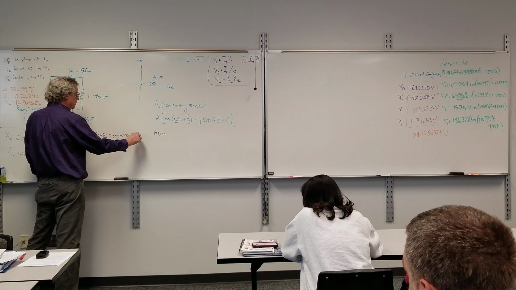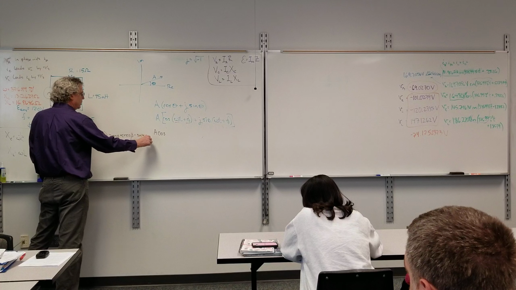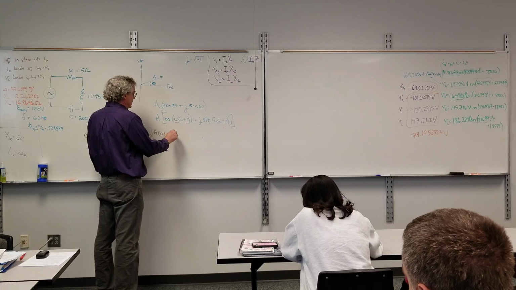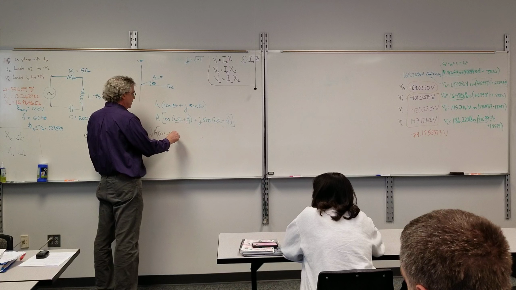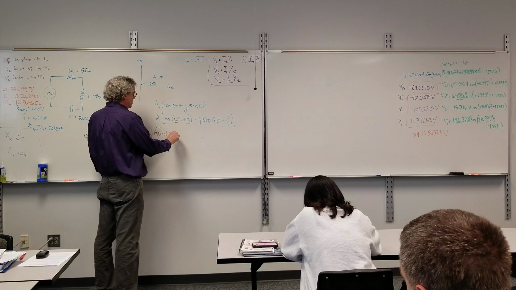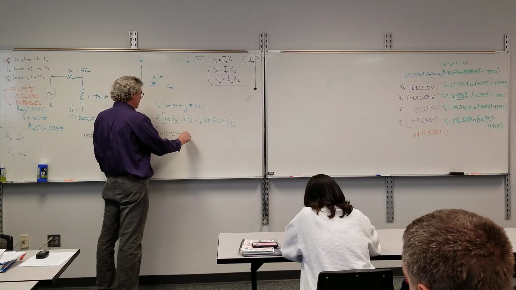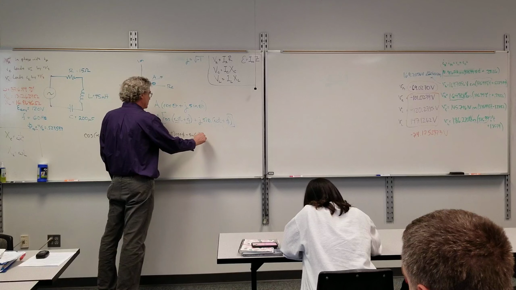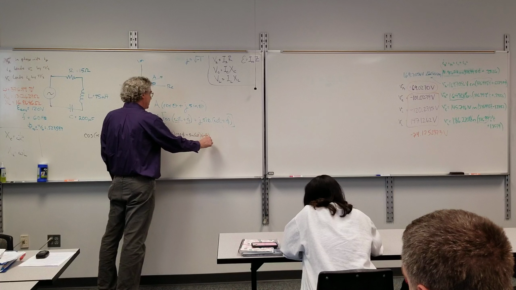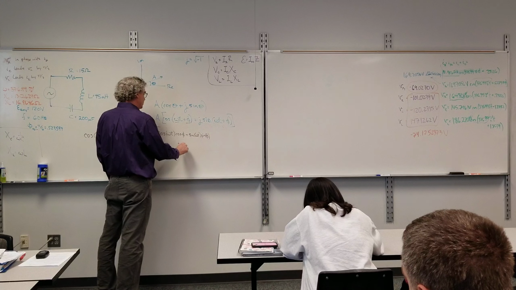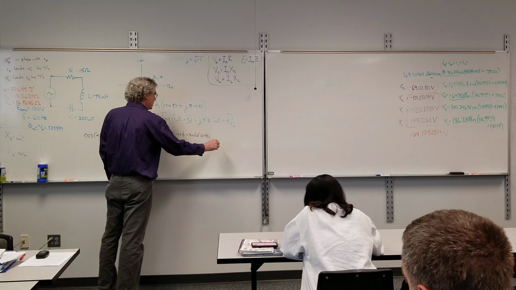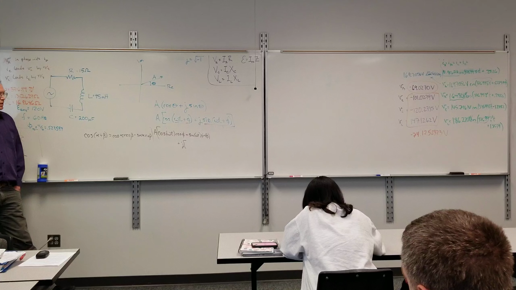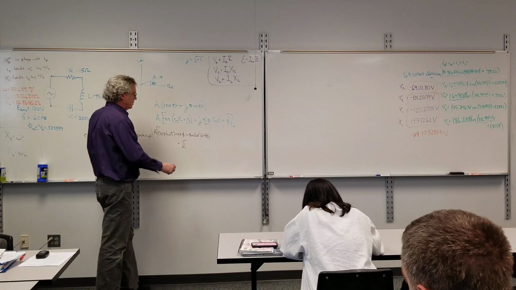Plus minus. So that becomes A times cosine omega t cosine phi minus sine omega t sine phi, plus j times